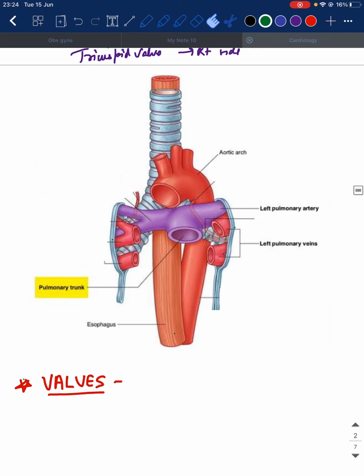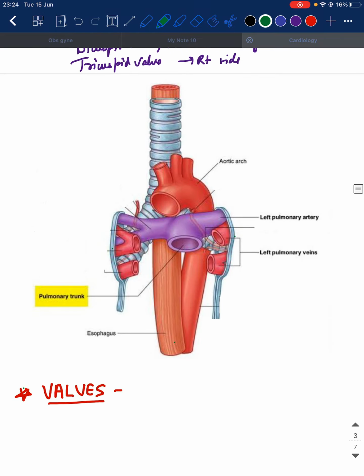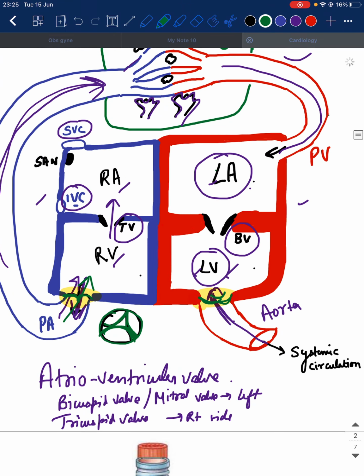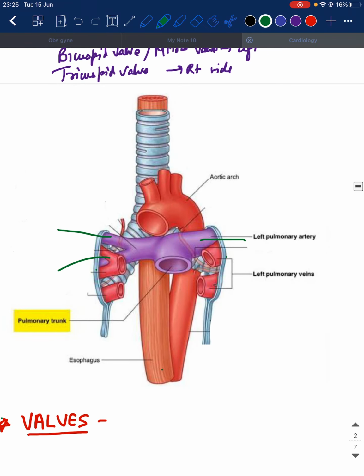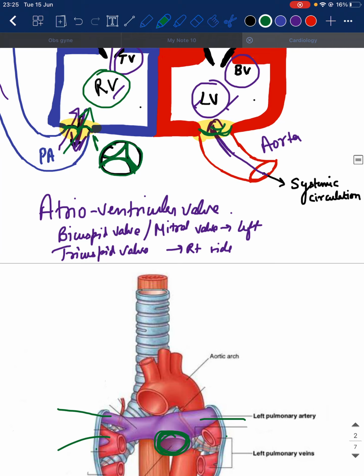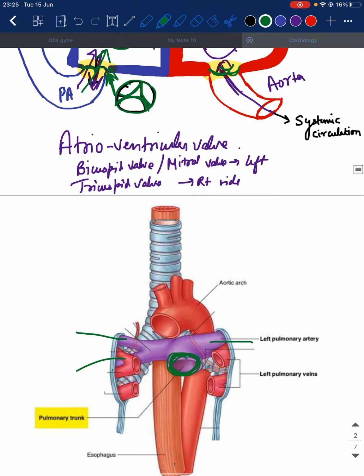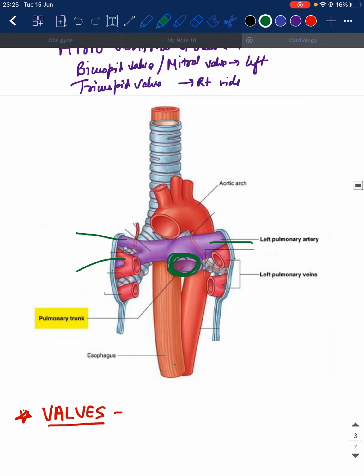Now the second thing we need to know about, like I would like to show you actually what it is. So this is the left pulmonary artery and this is the right pulmonary artery. Okay, so from the right ventricle the blood is going into the lungs. We have two lungs, so we should have two pulmonary arteries, correct? So there is a pulmonary trunk which originates from the right ventricle. This is the pulmonary trunk. It bifurcates into right and left, and then we have the left pulmonary artery and right pulmonary artery.